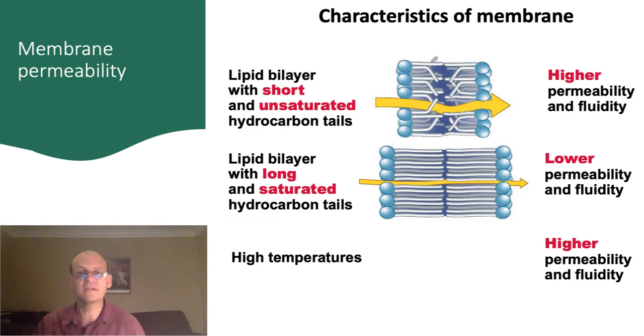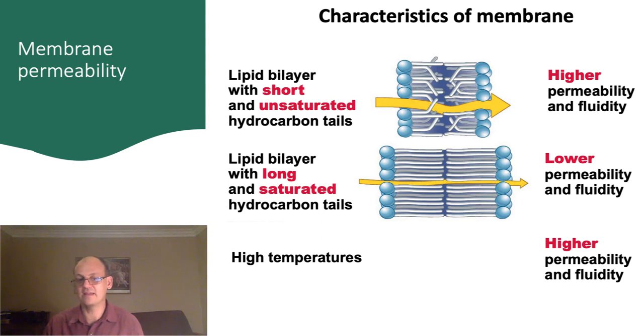Okay, so we've looked at some of the characteristics of the solute that allows or prevents it from traveling through the membrane. Let's look at some of the characteristics of the membrane itself. Membranes that have unsaturated fatty acid tails pack more loosely together and therefore have more space between them for solute molecules to travel. If the fatty acid tails are saturated, there is less space between them and solutes have a harder time traveling through the membrane.